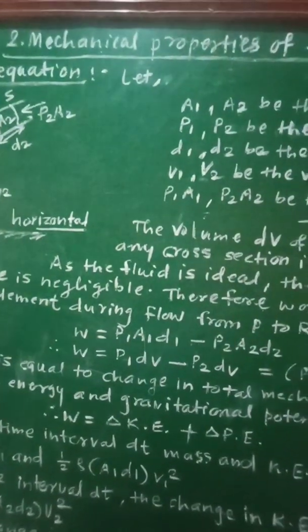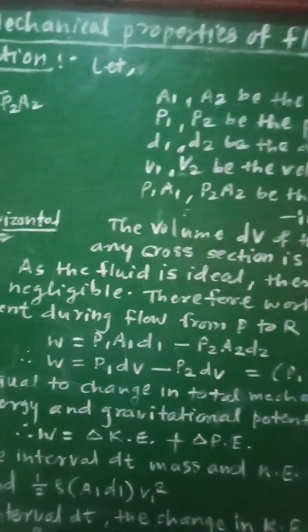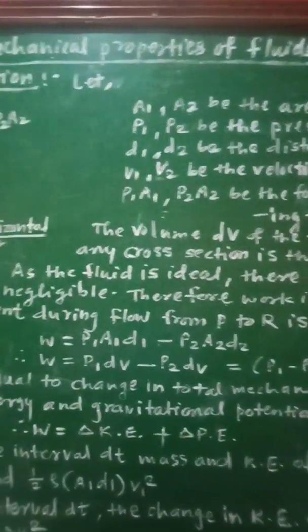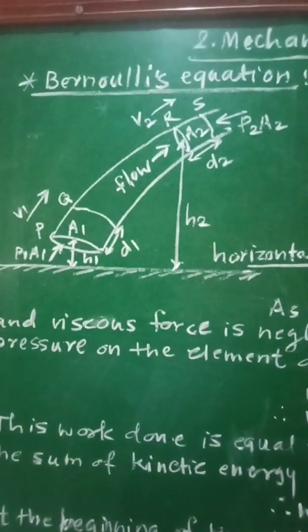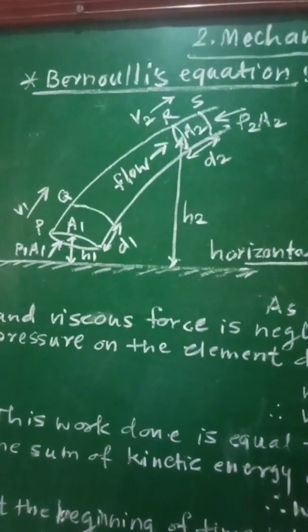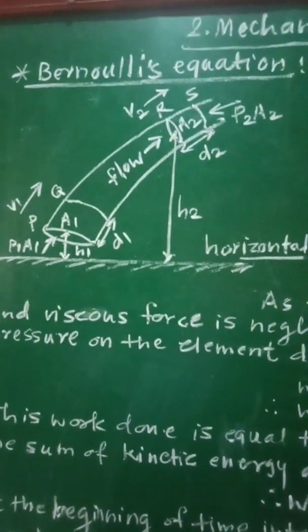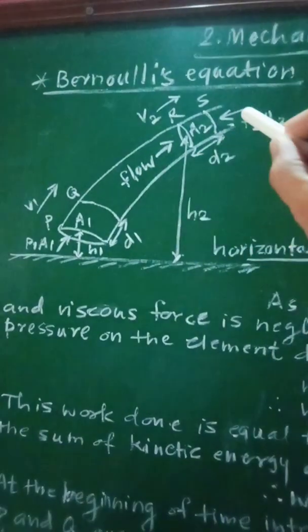12th standard, subject physics, second chapter, mechanical properties of fluids. From this, Bernoulli's equation. To obtain Bernoulli's equation, let us consider the flow of an ideal fluid through this pipe